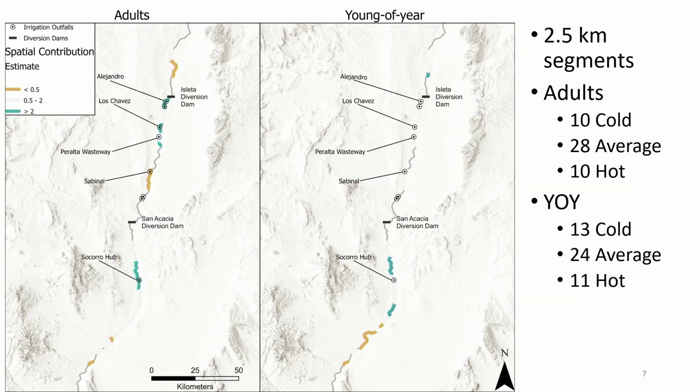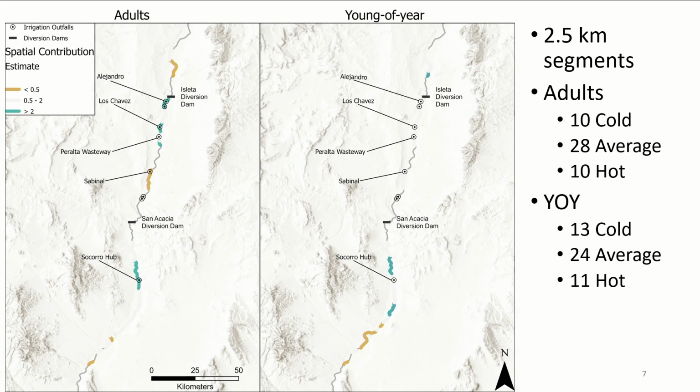Now the report that I circulated, I had two different spatial scales. I looked at a 400-meter segment and a 2.5-kilometer segment. The 400-meter segment is not that interesting because there's not that many fish that show up in any given 400 meters. There could be a lot, or there could be not very many. When you start moving it out to a 2.5-kilometer segment, you get a little more consistency.